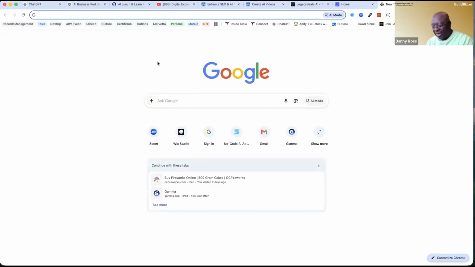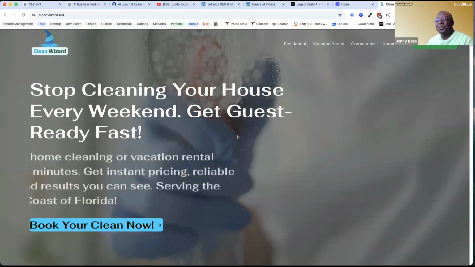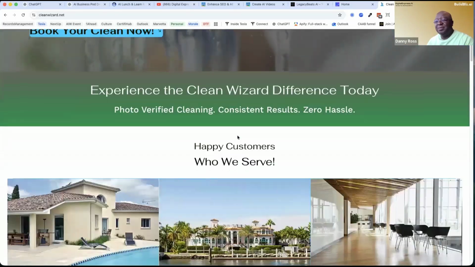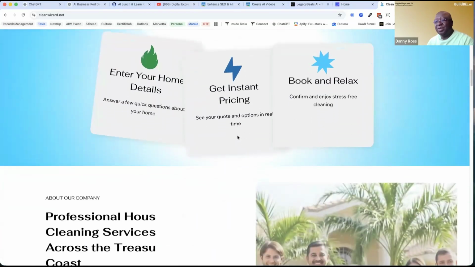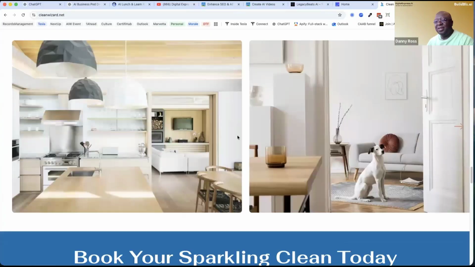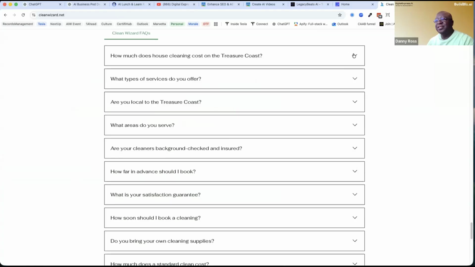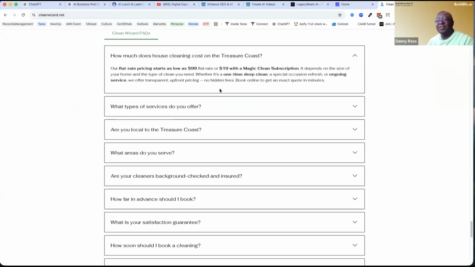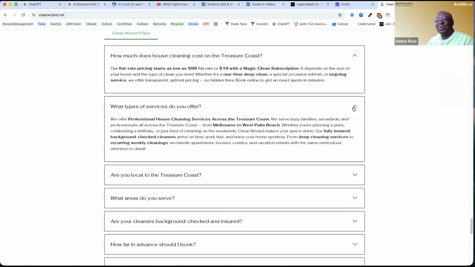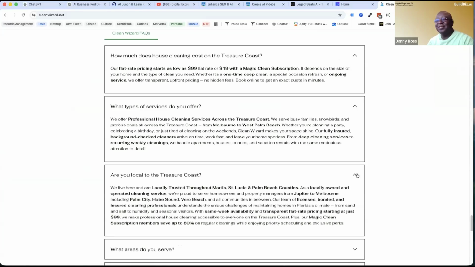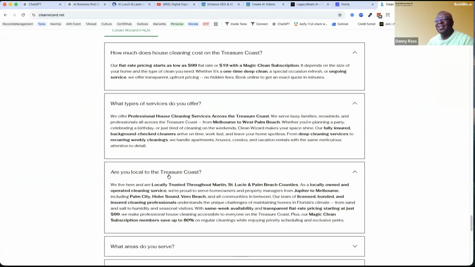That's what gets you a lot of traction. So this website, I showed this last week, I believe. What's nice about this website is we really vamped up the information that's available in the FAQ section. And this is what the AI actually sees and reads. It doesn't actually look at the pretty pictures on your website. It doesn't care about any of that. All it cares about is, are you the authority for cleaning on the Treasure Coast in this particular example?